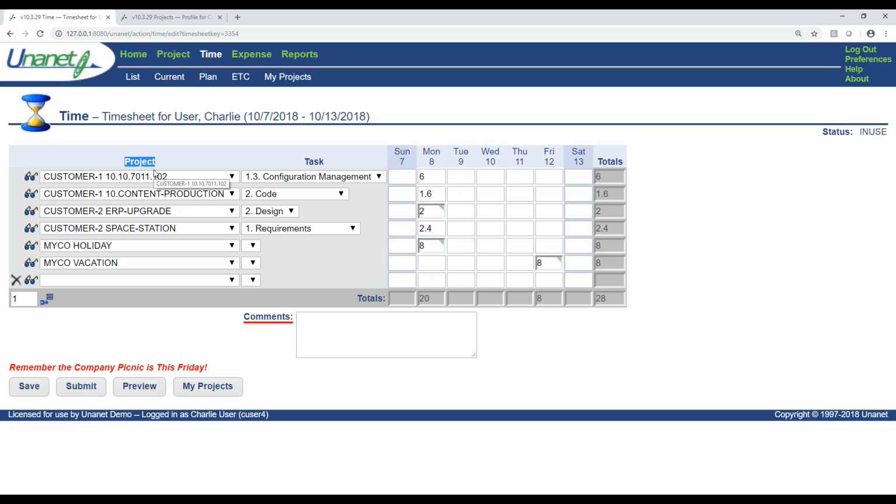On this timesheet, I've exposed 2 columns, project and task. I can have up to 6. So in addition to project and task, I may choose to expose location or labor category or project type or pay code. And all these different things can be configured for the end user to select. There are a lot of controls that Unanet can put in place to ensure that the end user enters as much time on the front end and as accurately as possible, to reduce the likelihood that you're going to need to go back after the fact to correct it.